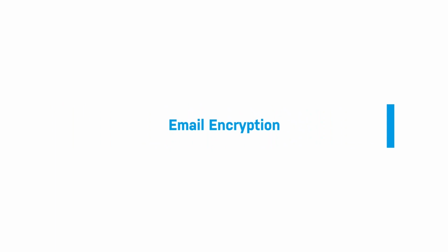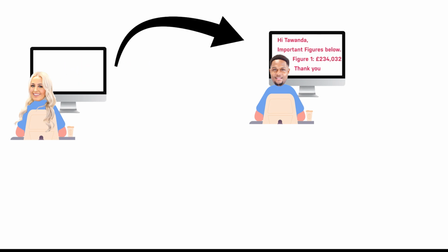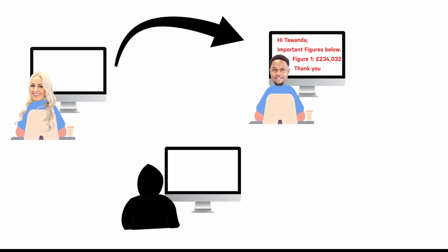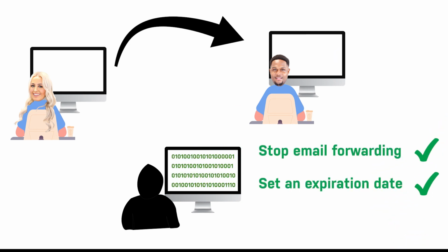Finally, email encryption. It adds an extra layer of security to your communications, safeguarding your data from interception and ensuring that only the intended recipients can access and read the encrypted messages. It prevents emails from being forwarded, sets an expiration date for the encrypted email, or requires recipients to authenticate before